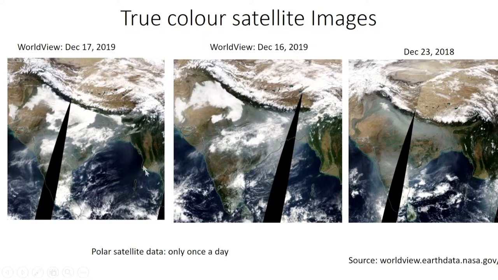If you see this first image, let's try to see where the fog is. This is the Indian region, right? Here you can easily see this is a mountain region, and these white patches are of course the snow. You can see from the texture, it's very clear that this is the snow over the mountain region. These white patches are the clouds. This is the cloud. This is also a white patch.